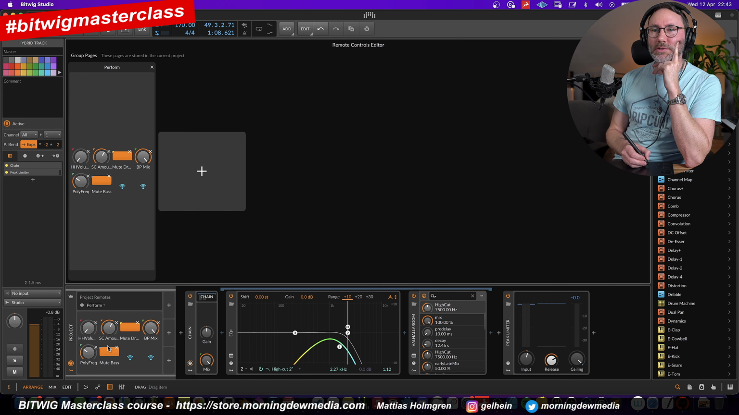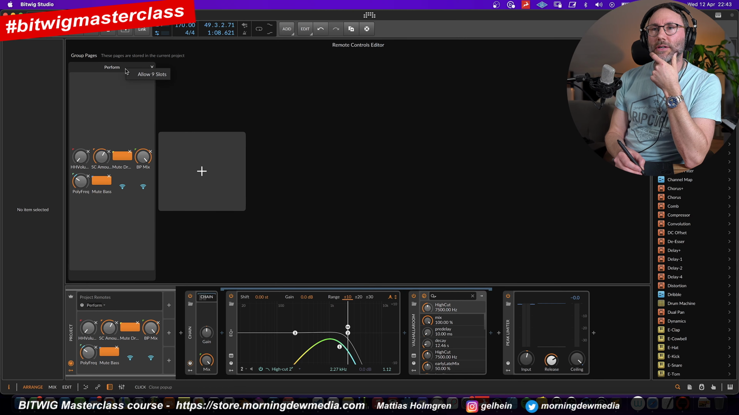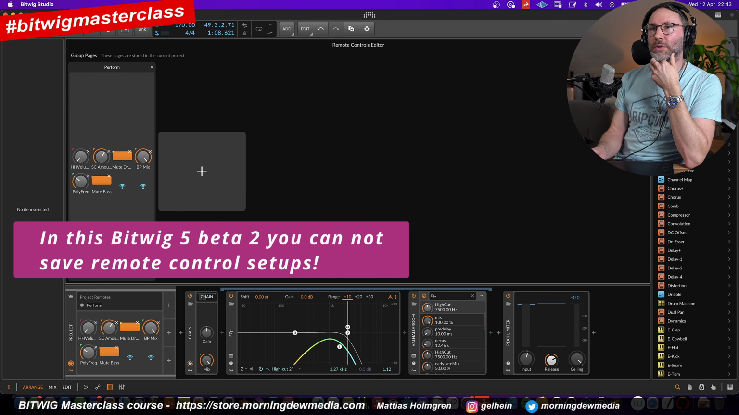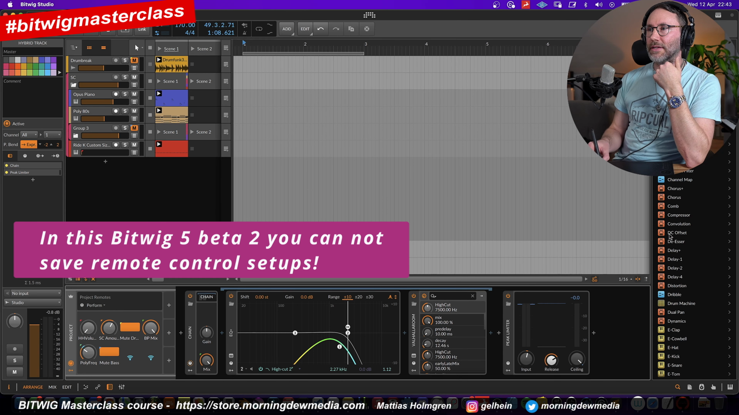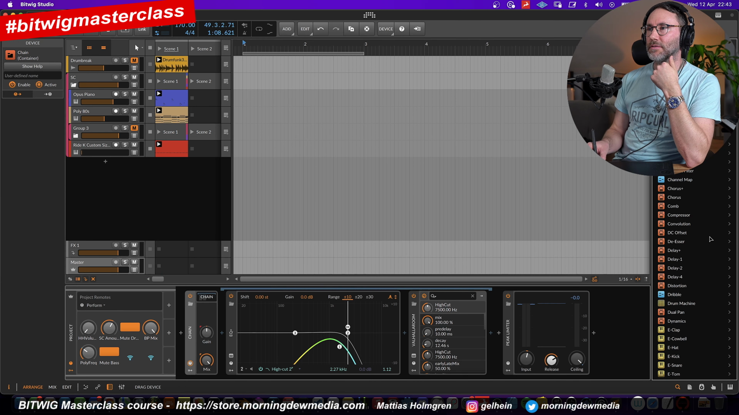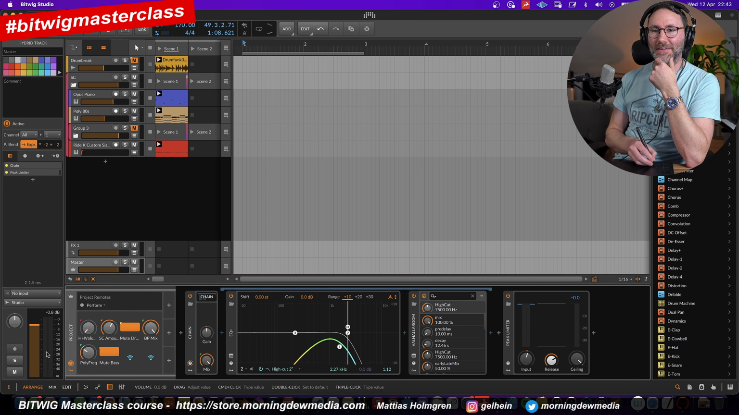Open remote controls editor. Allow 9 slots. So I guess these are saved with the project. Yeah, these pages are stored in the current project, but there's no way to drag this like you can do with a chain device. So you can save it. So I guess you can't save these yet, because